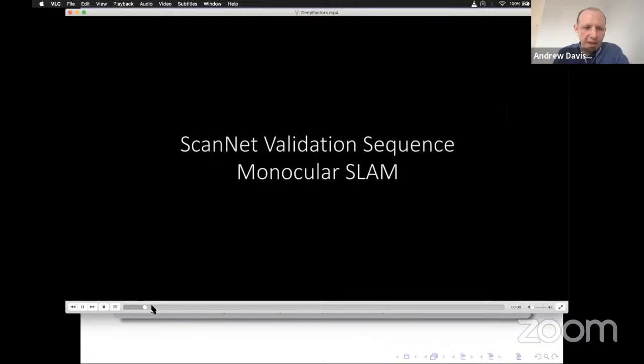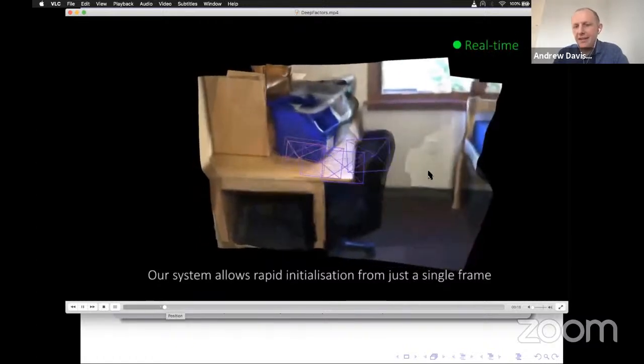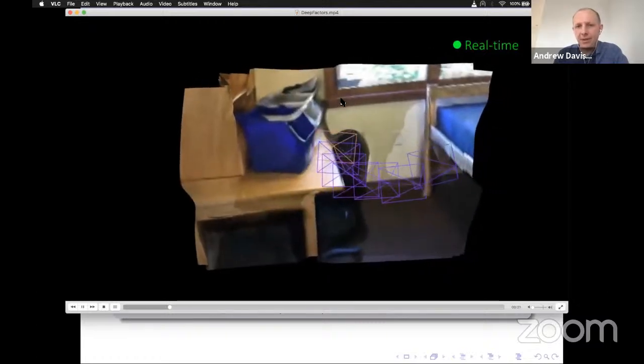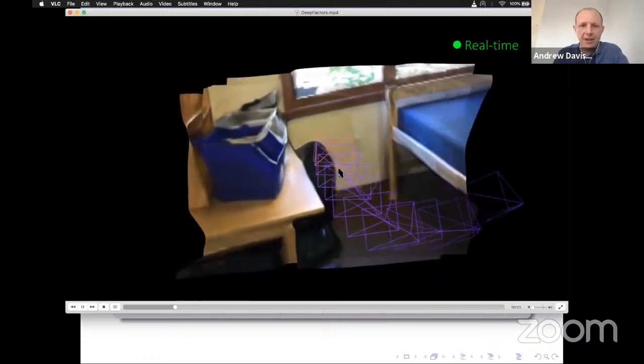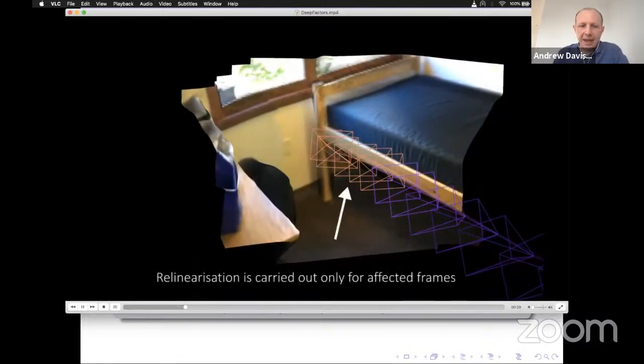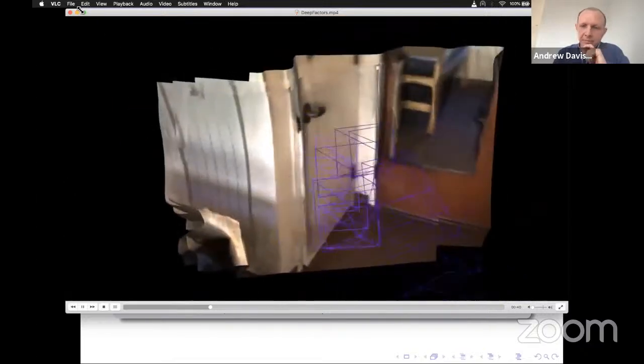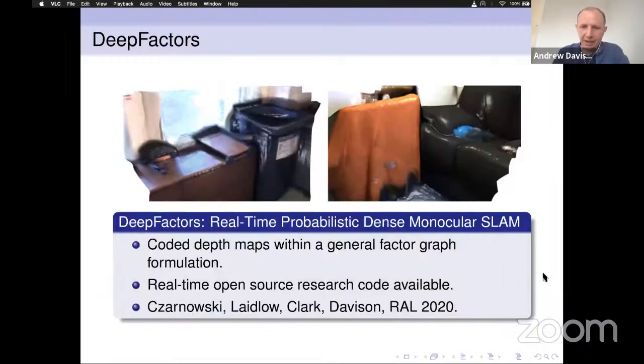And just a quick example here of what it can do. So we've got a stream of monocular images coming into this, but then we're doing dense depth prediction, but then this kind of joint optimization of the pose of the camera, and then of this code that's generating the dense geometry. And within a general kind of factor graph framework, that's able to produce quite nice dense scene reconstruction. Okay, so have a look at that.